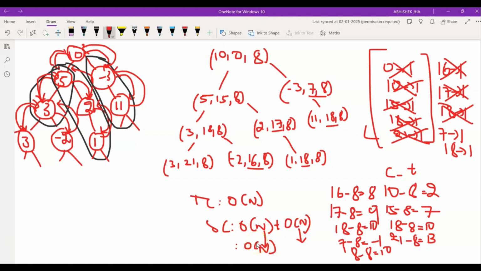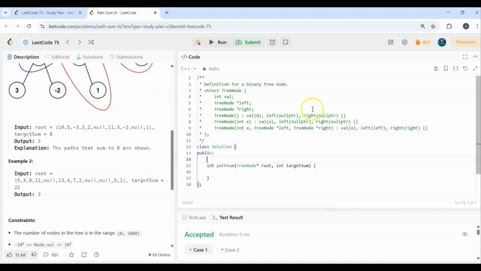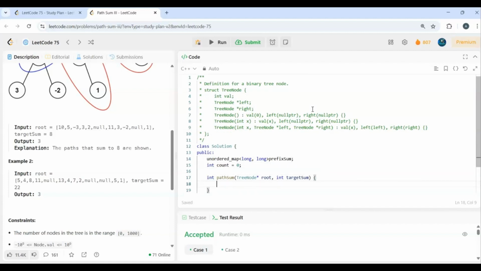So let's quickly code this approach and let's submit. So here we'll take an ordered map of long. We'll take our count variable, which would be initially 0. In the path sum function, our base case would be if root is null, we'll return 0.